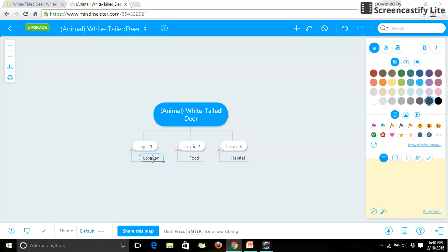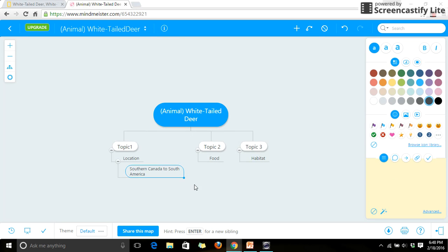So under each kind of outlier, I can then click on this bubble, and then I can expand that even farther. So white-tailed deer live in southern Canada to South America, okay? And I can click away from that bubble to kind of expand it. And what kind of food did they eat? Maybe I did some research. They are herbivores,